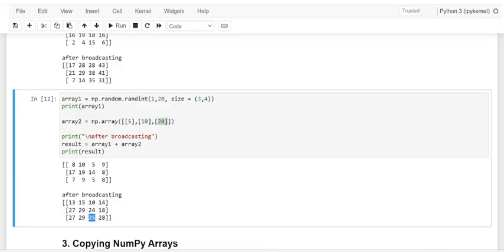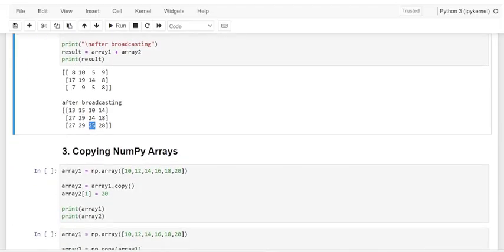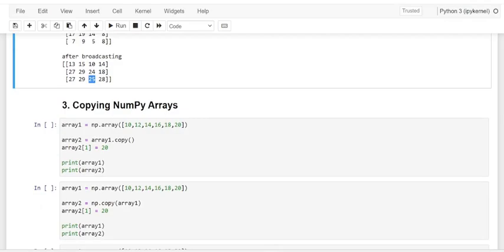Next comes copying a NumPy array. Dear friends, there are two main ways to copy an array. You can either copy the content of the original array, or you can copy the reference to the original array into another array. Let me show it with both examples.